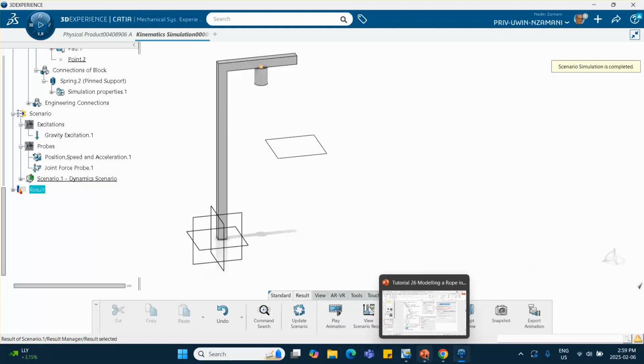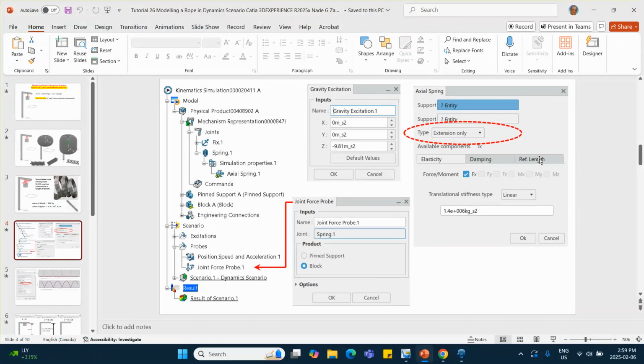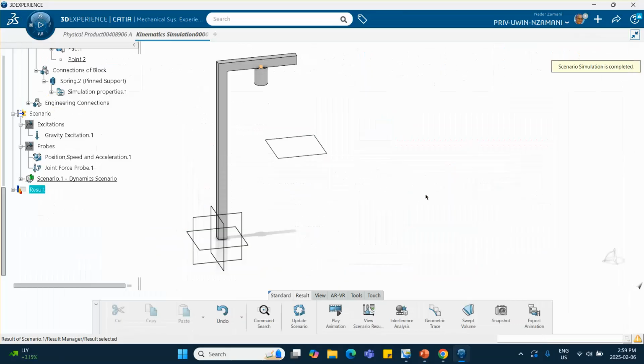So before we do anything else, please do not forget to specify the reference length. Click on this reference length tab, put 50 millimeter. Bad mistake. All right, so let's go and do some post-processing. You click on the view scenario results,